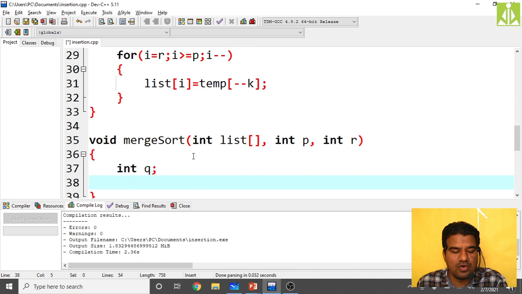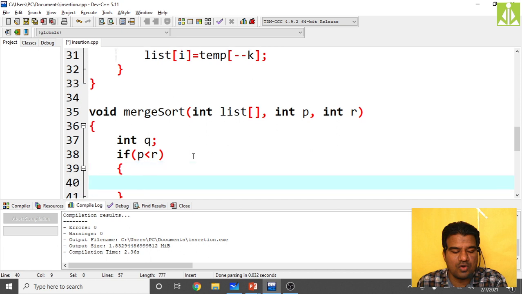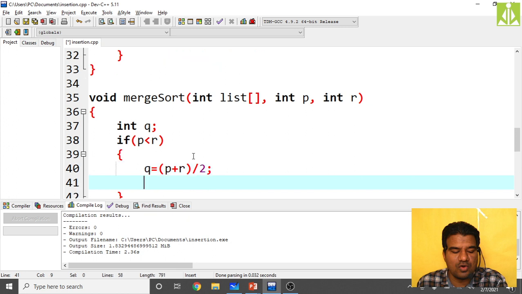If p is less than r, then what we have to do, q is equal to p plus r divided by 2. The routine algorithm we are performing here: just divide the sublist into two, and do the same thing recursively till all arrays have only one element.